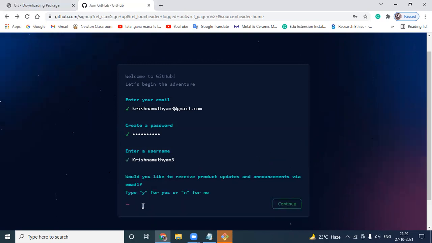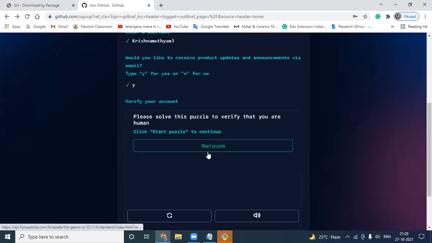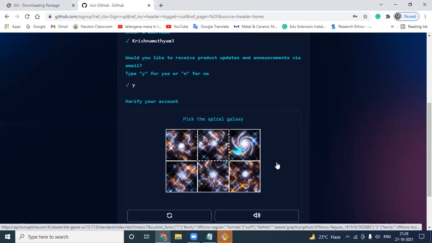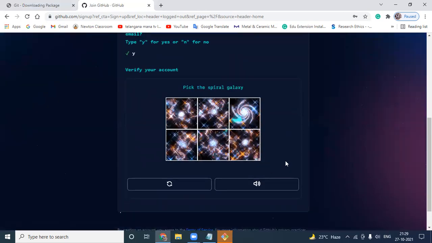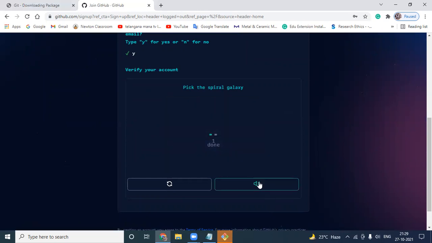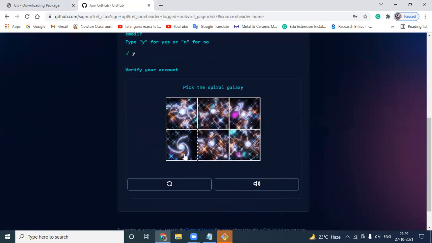Type Y for Yes. Start puzzle. Yeah, start puzzle. Click on that. Click on the Pick galaxy, the spiral galaxy. Then